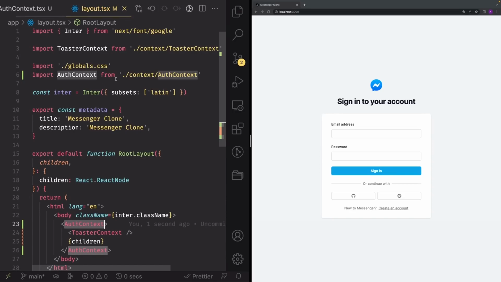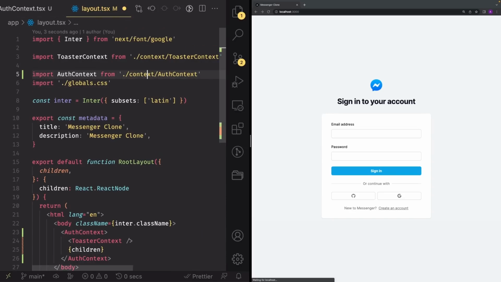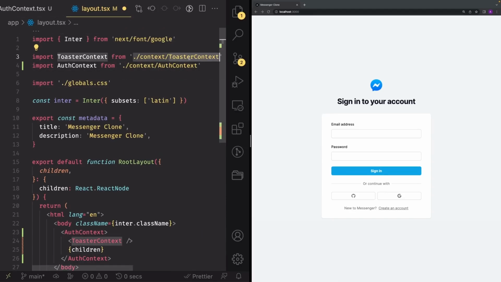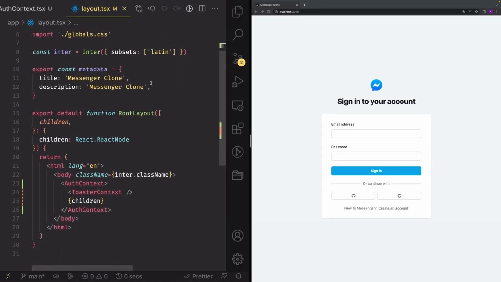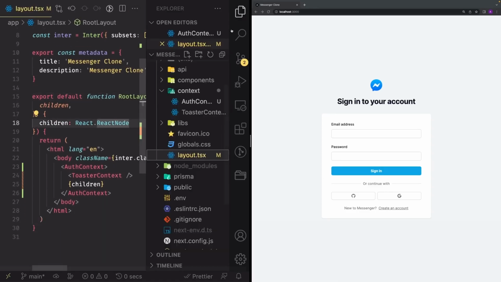And you can import AuthContext from ./context/AuthContext the same way you did with toaster context. Great. And now you can go back into